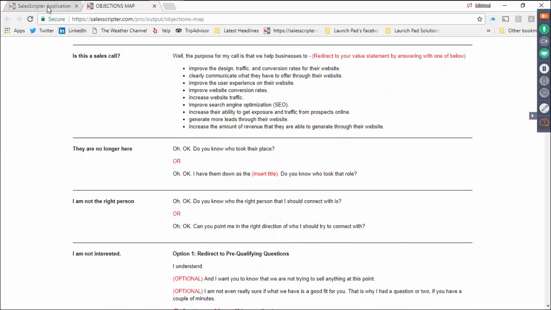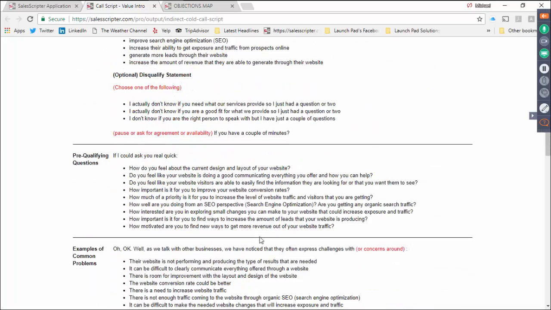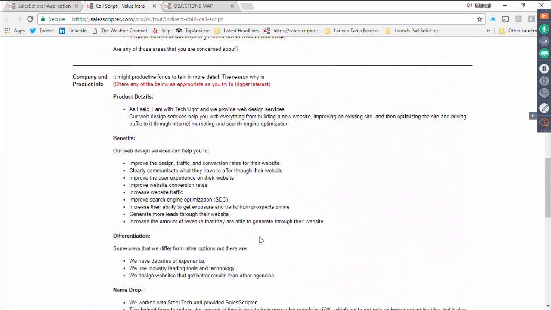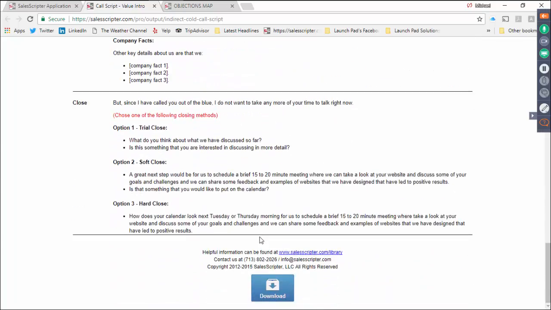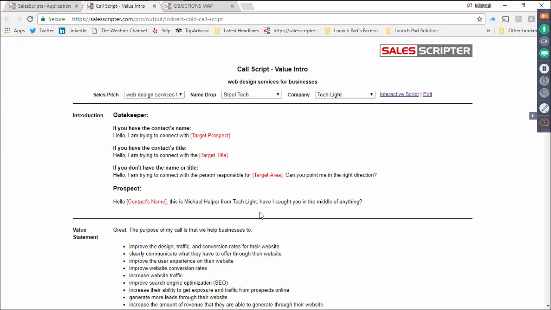But here's an objections map, and I told you that if you go through that process, you can organize all that together and throw an introduction on the front and then some closing on the back, and you basically have a call script. So when you go through that, the Sales Pitch Builder with us, not only do you create your objection responses, you create your call script. Technically, it's the opposite. We create your call script, and from that, you end up with objection responses.